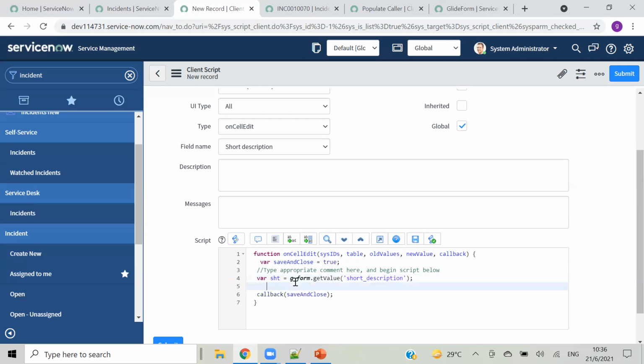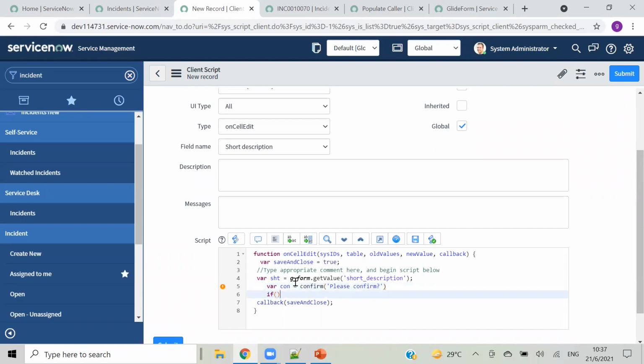And before that, var con is equal to confirm, similar to last time, just giving a simple message, please confirm something.